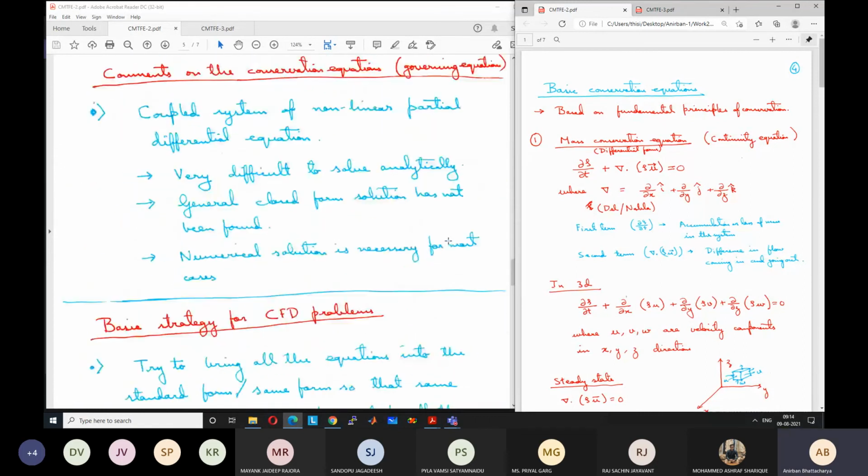As a result, it is very difficult to solve analytically, and we have discussed that for most cases, general closed form solutions have not been found. In some cases, it is even not known whether there is a solution or not. The mathematician cannot even tell whether in future a solution will be possible, because it may happen that there is no closed form solution, or there is a closed form solution but it is very difficult to find. So this is a very challenging open problem, and a lot of mathematicians over the world are trying to solve the Navier-Stokes problem in particular.